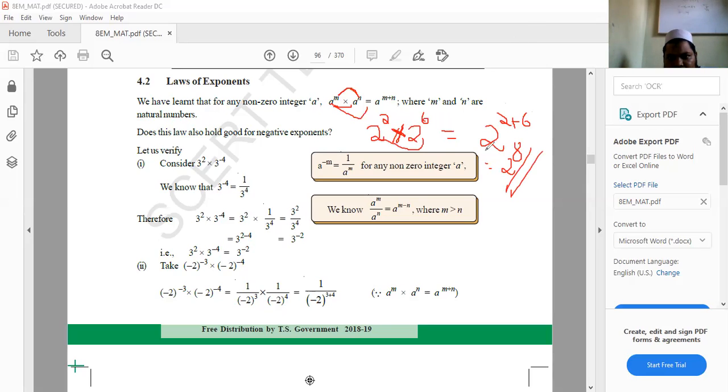Now we should move ahead. Now the next law is